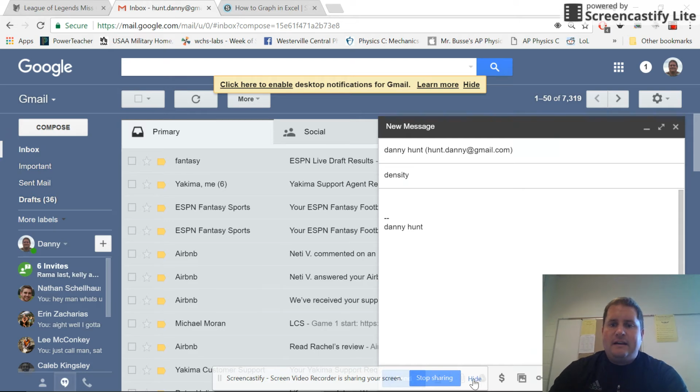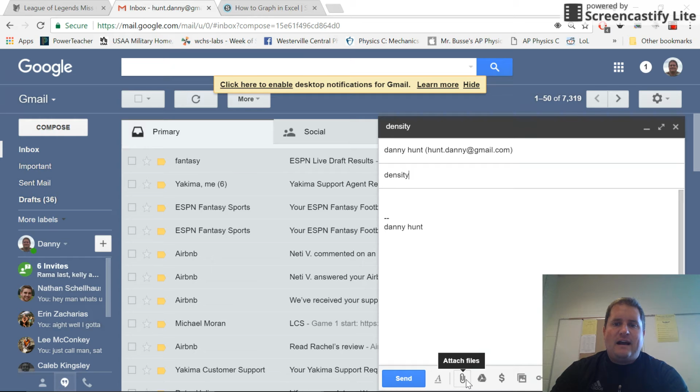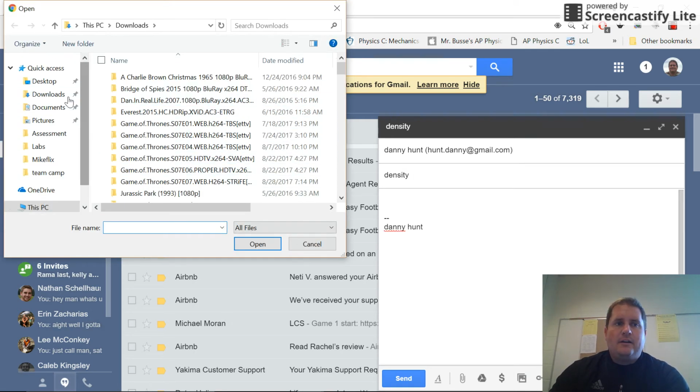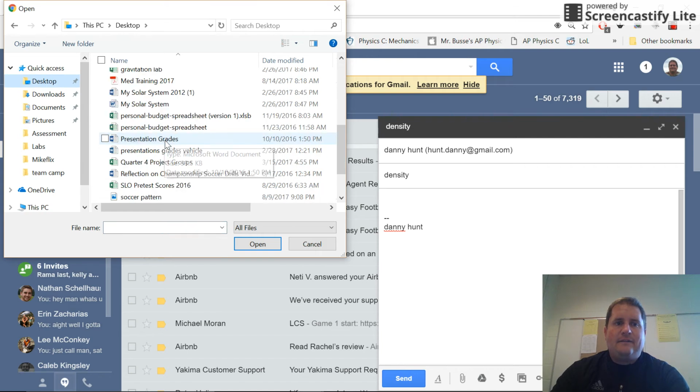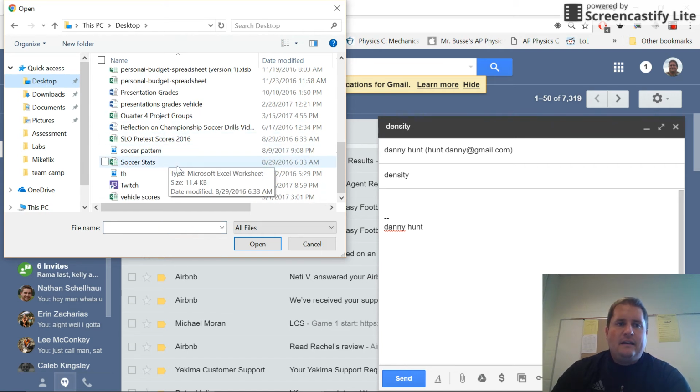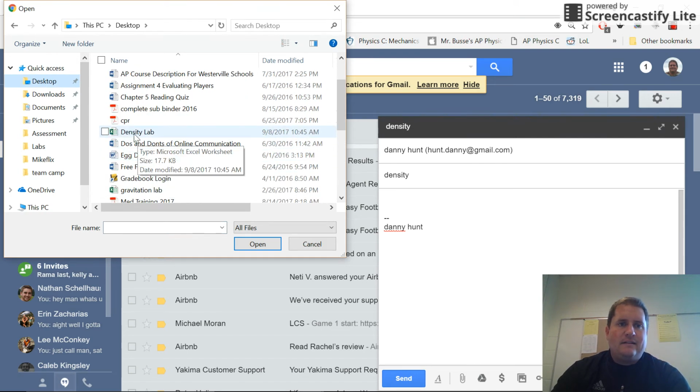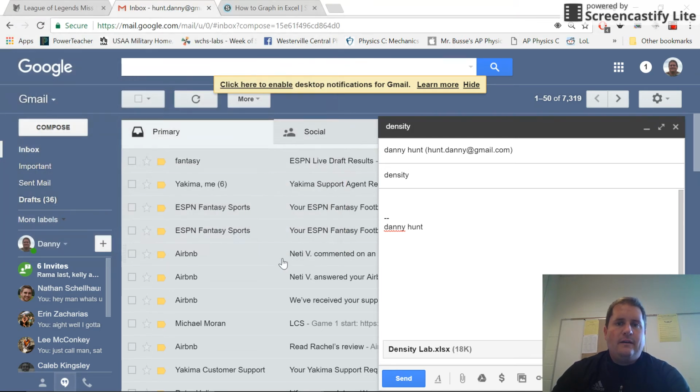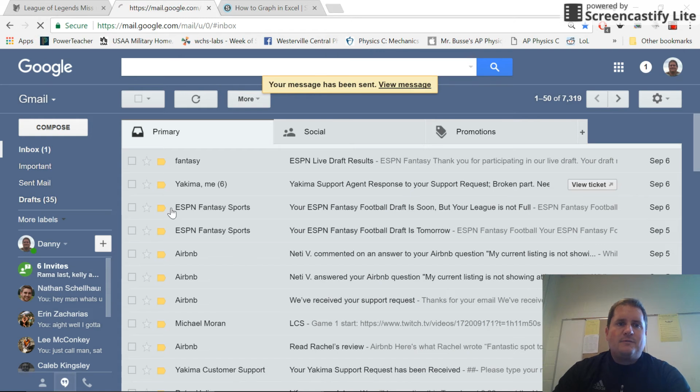And then you come down here where it says Attached Files. It looks like a little paperclip. So I'm going to click on that paperclip, and I'm going to go up to my desktop, and I'm going to find the document on there. It says Density Lab. I'm going to click on that. I'm going to hit Open, and you'll see it loading there on the bottom, and now it's attached that as an Excel file. If I send that to myself, and then I refresh my email,